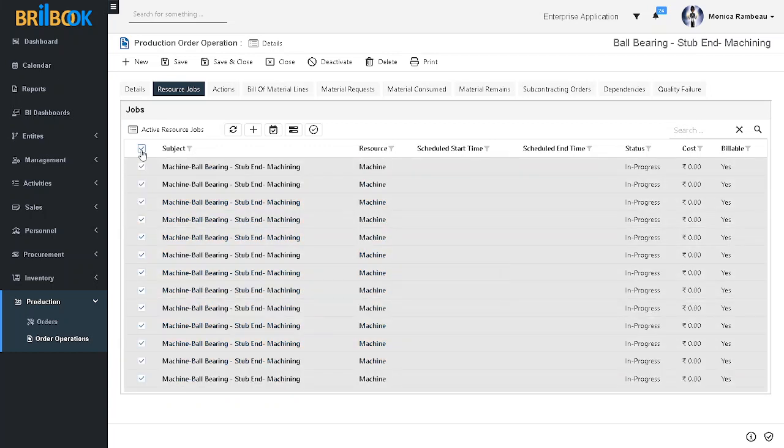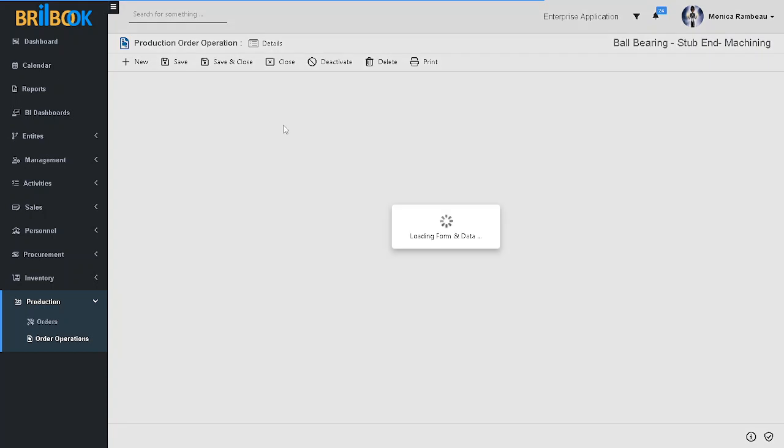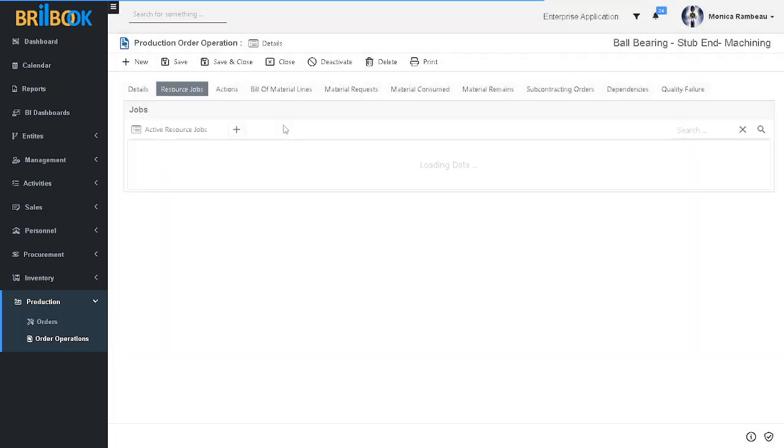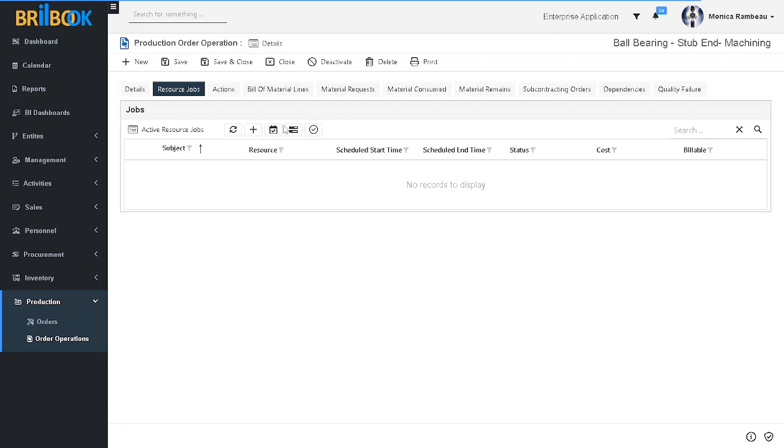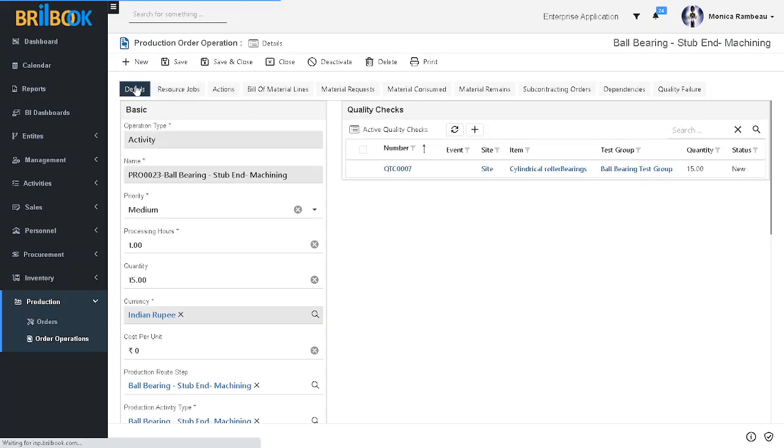Now select all the resource jobs and then click on completed button. We have completed our resource job, and now we will go back to the operation detail page.